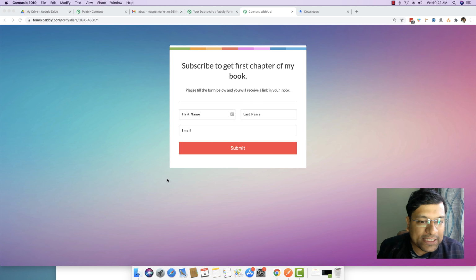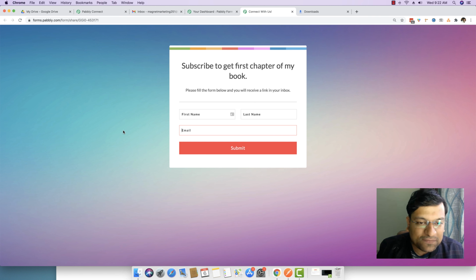Now, what exactly we want is, as soon as a lead submits their email address right here, we want to send them a file on their email address right away. Generally, a lot of people create and upload a public file somewhere on their server. And as soon as someone submits an email right here, they immediately share the very same public link to the very same subscriber. The problem with that approach is that because the link is public, anyone who is not even subscribing to your newsletter can get access to this file.